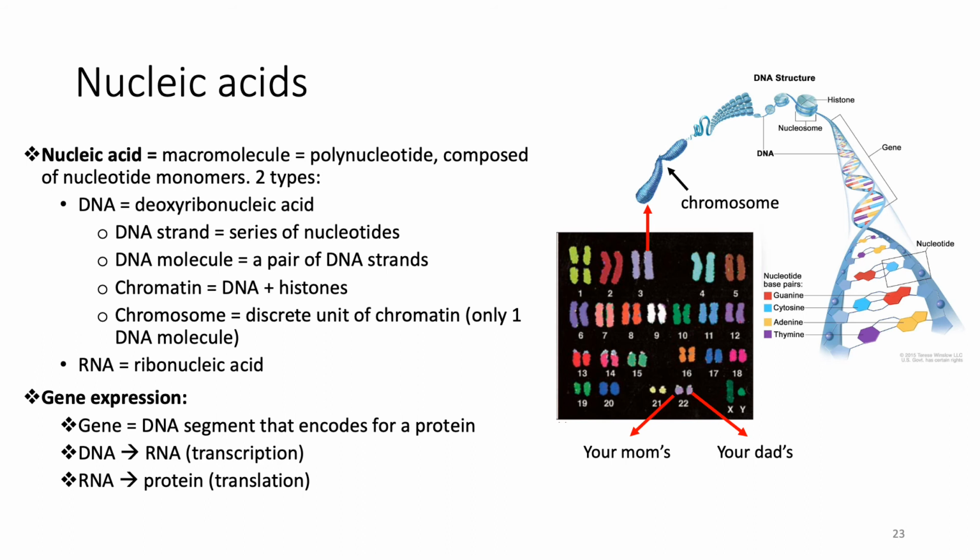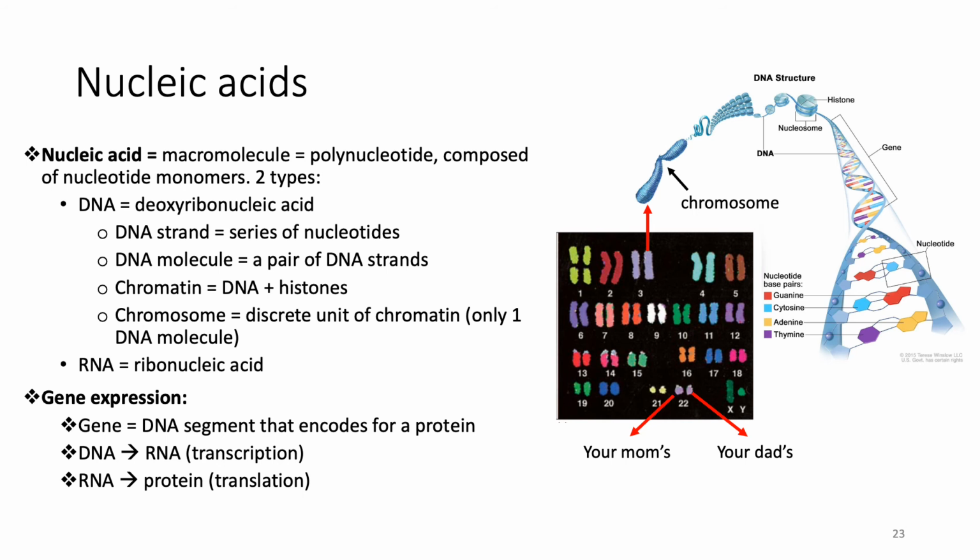The process of reading the instructions built in your DNA to make a protein is called gene expression. Because DNA in the form of chromatin is a little bit too chunky to leave the nucleus to give instructions to the ribosomes,